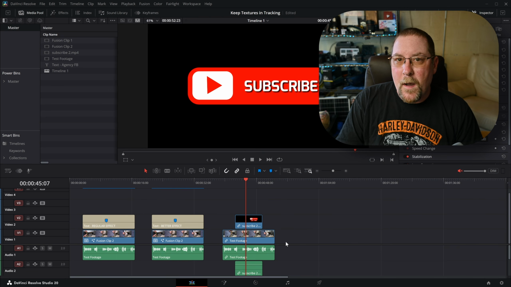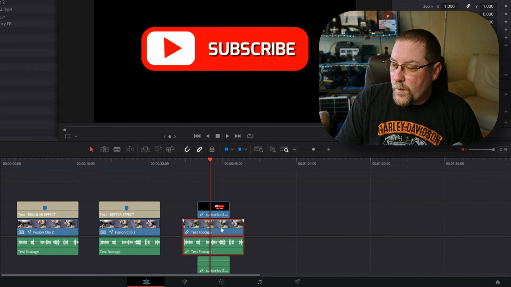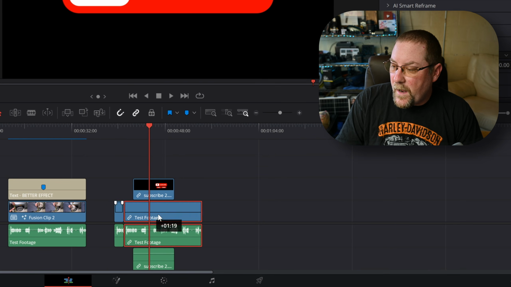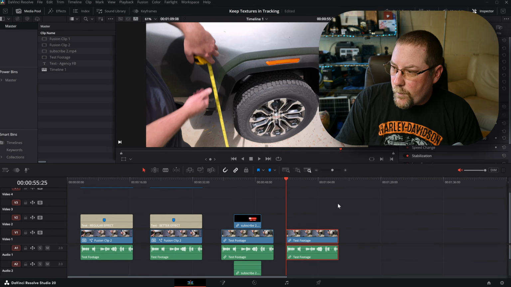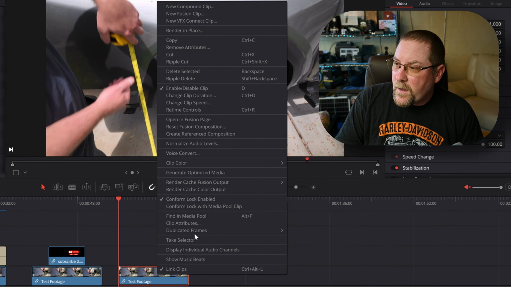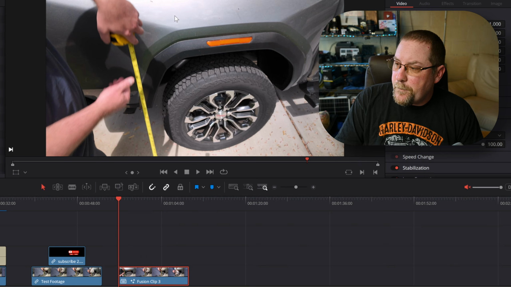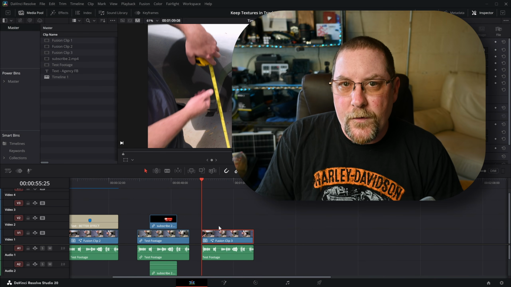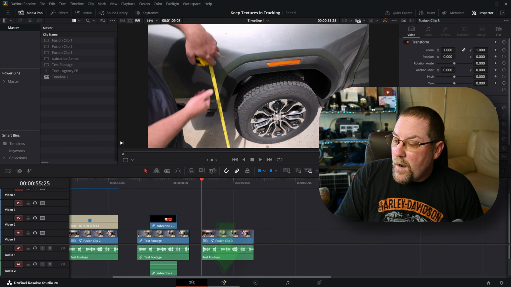We need to start by making a duplicate of this clip. So with my clip selected, I'm going to hold Alt and drag, and there, we've got a duplicate of the whole clip. Then I'm going to right click on it and choose New Fusion Clip. This just makes things a little bit easier in the Fusion page. Just go with it. Then I'm going to click on the Fusion icon down here,